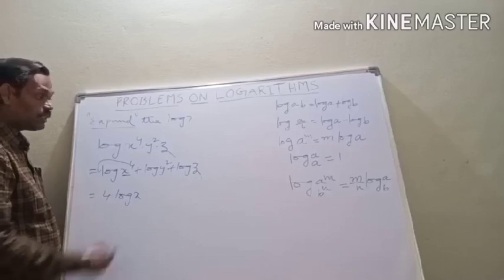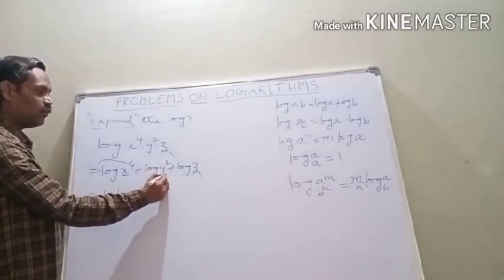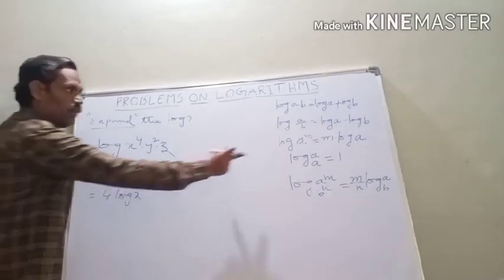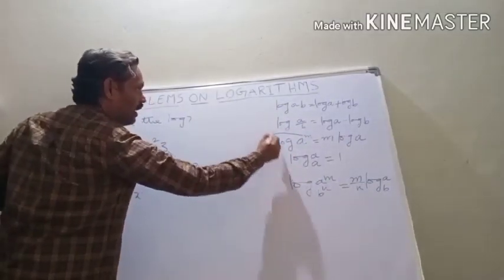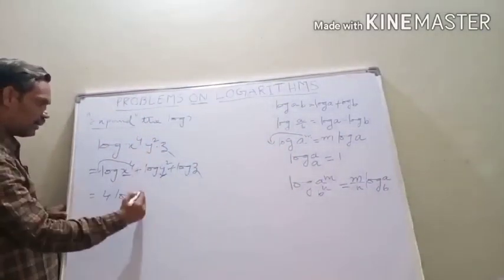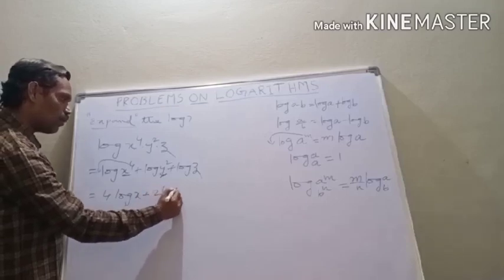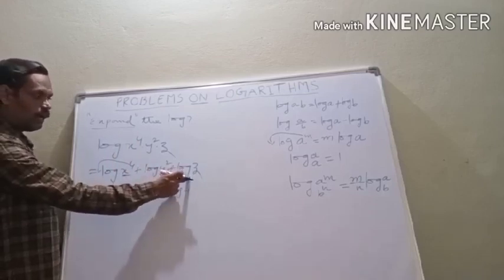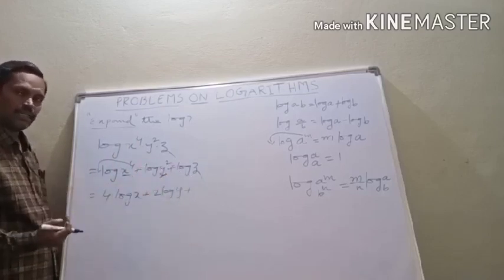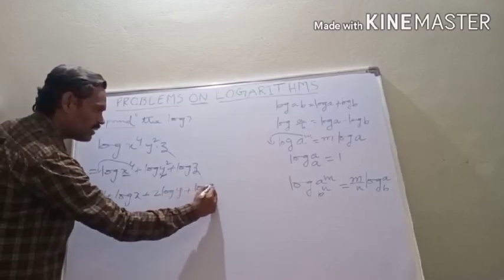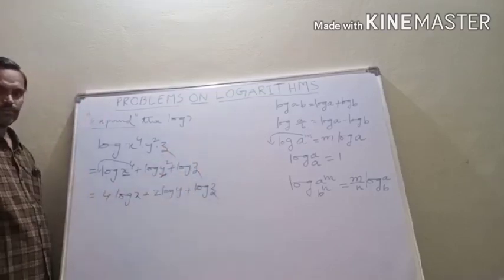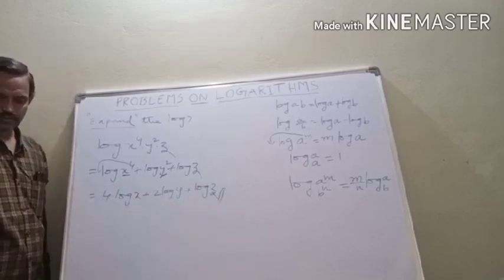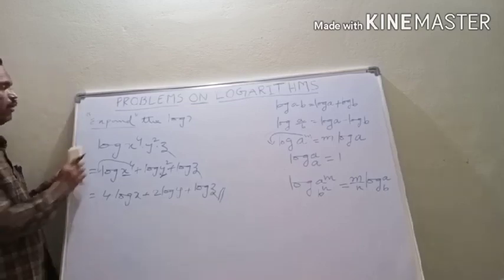Then come to the second one. This is log y square. I will read out the exponent form, y square. Here log is applied to an exponent form. Then what happens? The exponent becomes the coefficient of the log. Similarly, plus 2 log y plus, here can you find any coefficient? No. This log does not contain any coefficient. So you can write it as it is, log z. So this is the final step. Okay. We will do one more problem.